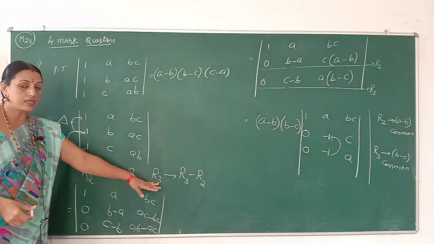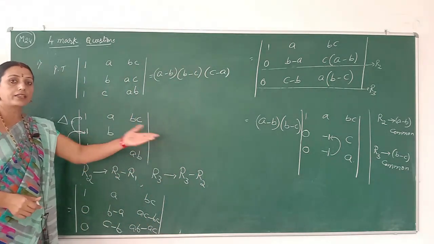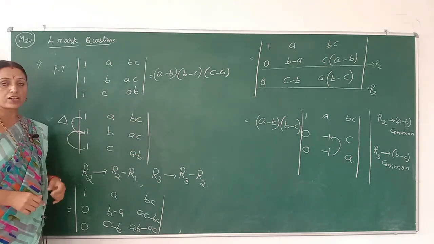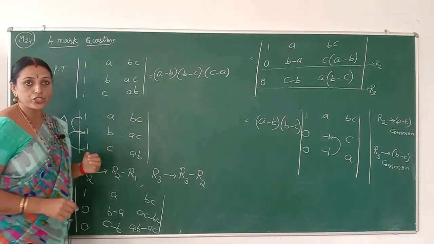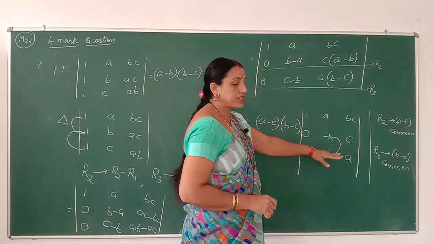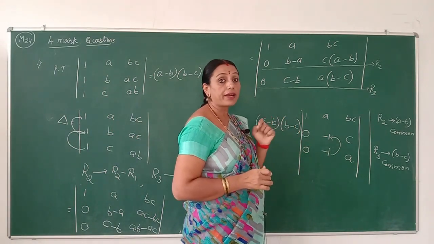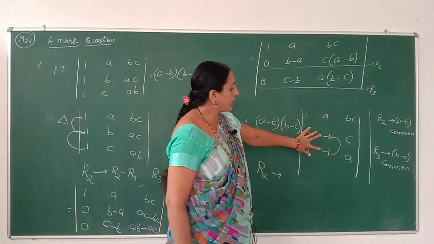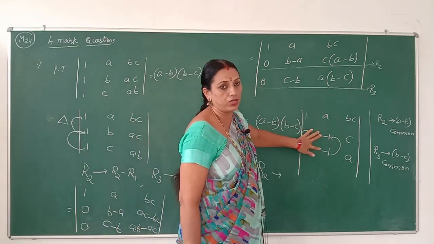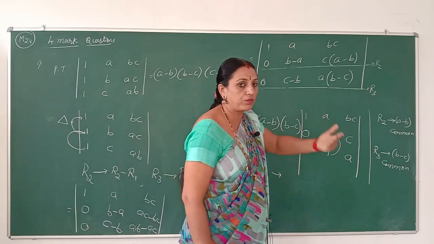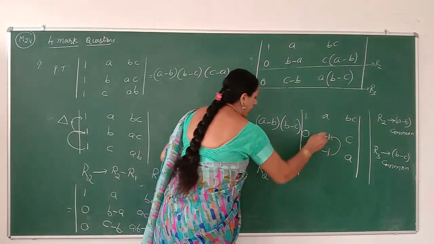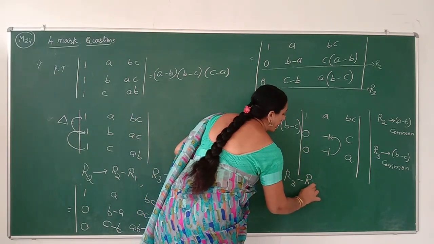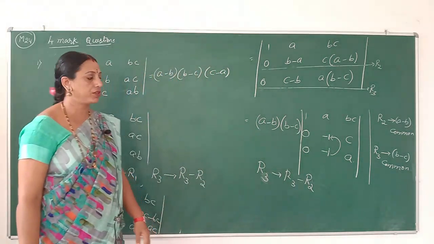In these steps, if it depends on either the first row or the second row, you can do subtraction of R3 with R1 or with R2. But in these cases it always depends only on the second row. So R3 can be changed this way. Now we'll observe these two elements being added or subtracted with each other. If you add you get 0, if you subtract you get 0. Check it. That is, R3 can be changed this way: R3 minus R2.